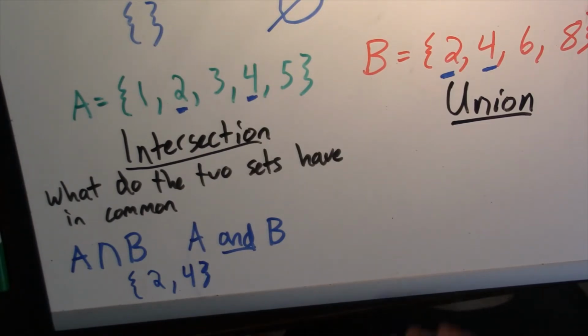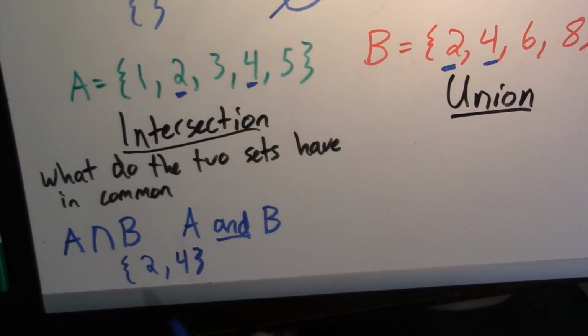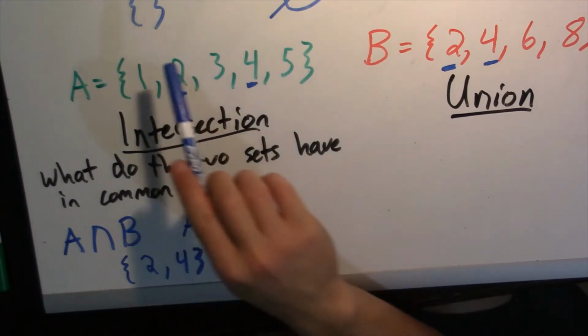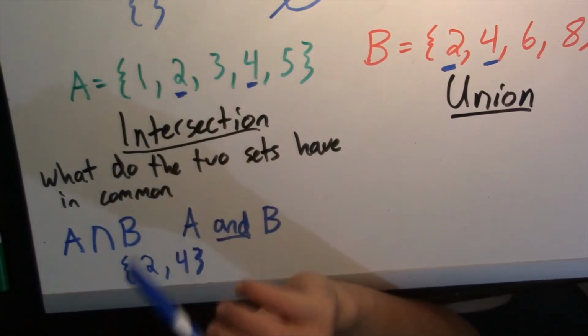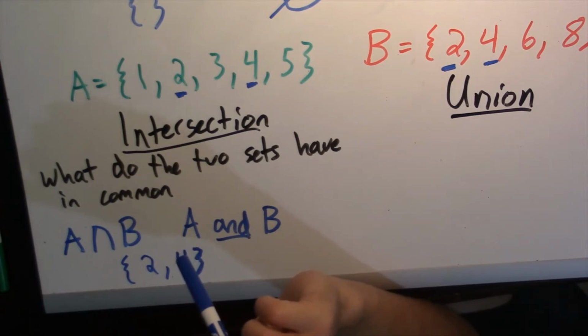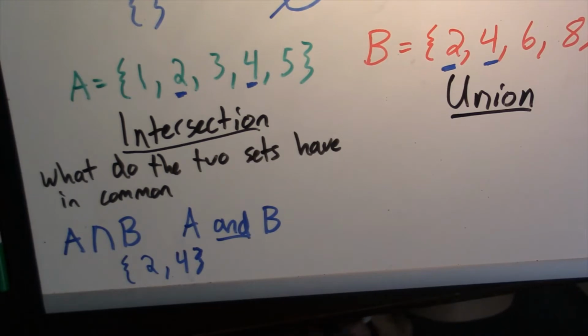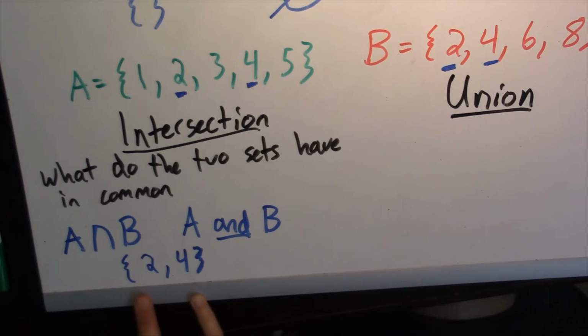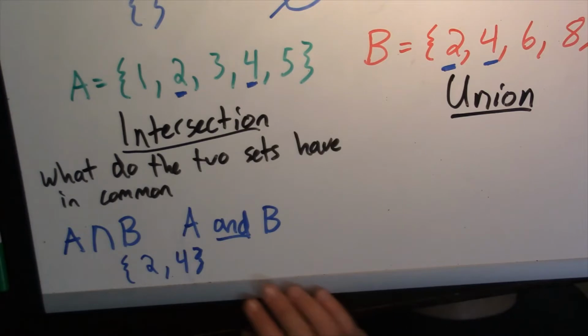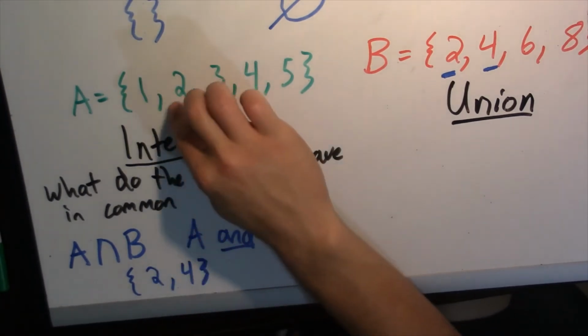Now, one important note to take here is that the order that you write the elements in a set does not matter. I could have written 4, 2. I could have put these in any random order. It does not change the set. As long as each element is distinct, remember back to the definition, which means none of them repeat, the order doesn't matter. So I could have written 4, 2, and it means the exact same thing. Now that was the intersection